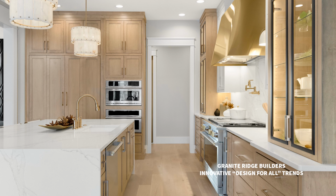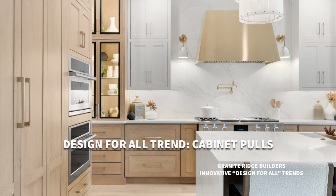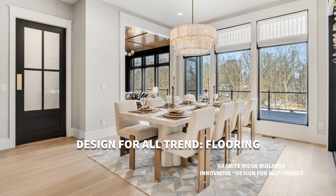That's great. And guys, some of the simplest things can make the biggest difference in some of these universal designs here. Something as simple as the hardware that you use on your cabinets, the open pull. Instead of those knobs, it makes it a lot easier for somebody with some disabilities to open those doors. And one of the invisible things that we do here, and it's gorgeous,